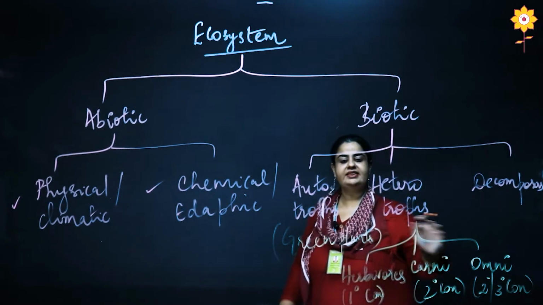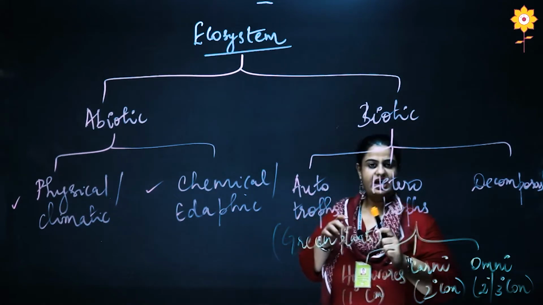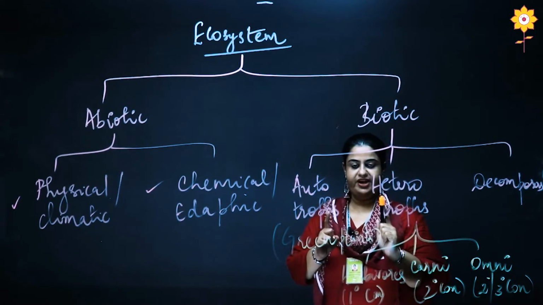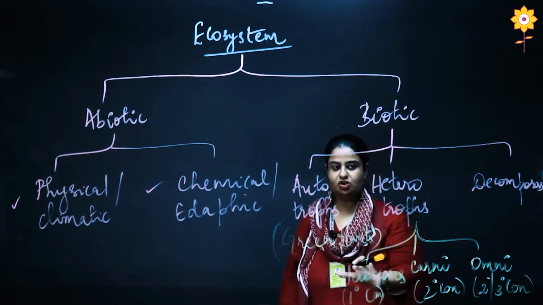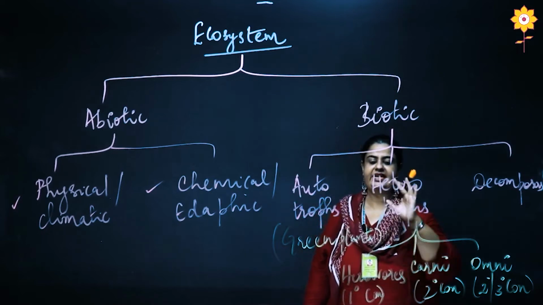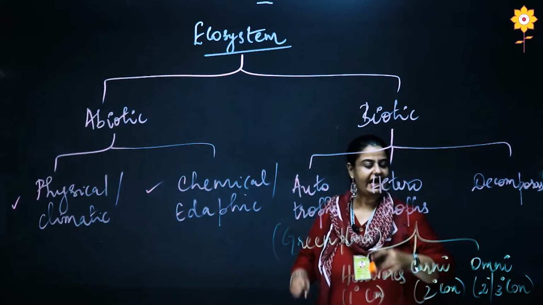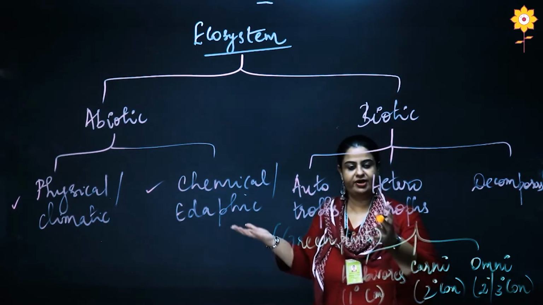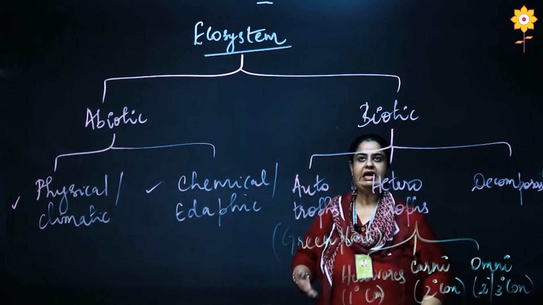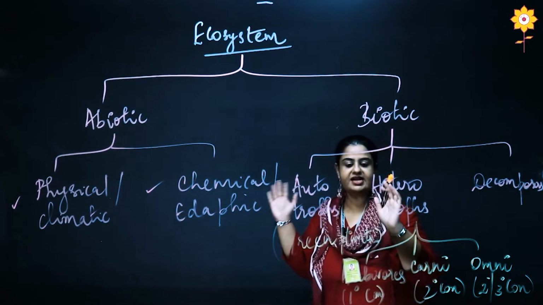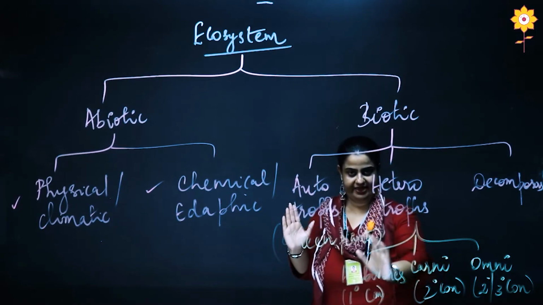Now what are these three categories and why are they classified so? Like I told you, heterotrophs are basically classified on the food habits they live by. Herbivores are those organisms that are directly dependent on plants and plant products for their food. Any organism that directly depends on plants or plant products. Deer, giraffe, cow, grasshopper, anything that gets its food from plants or plant products. Okay, they are the herbivores.